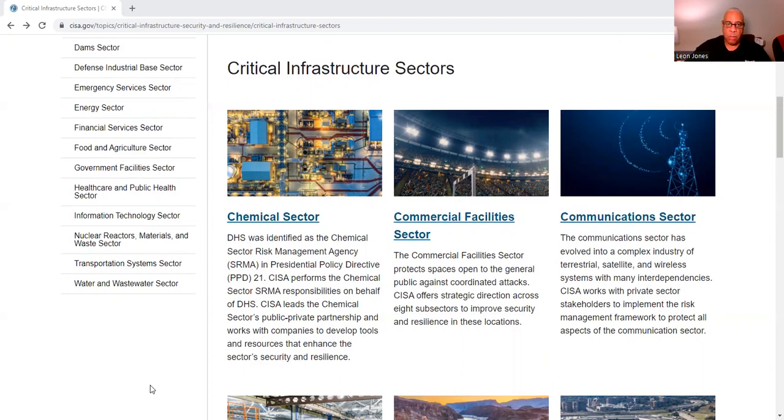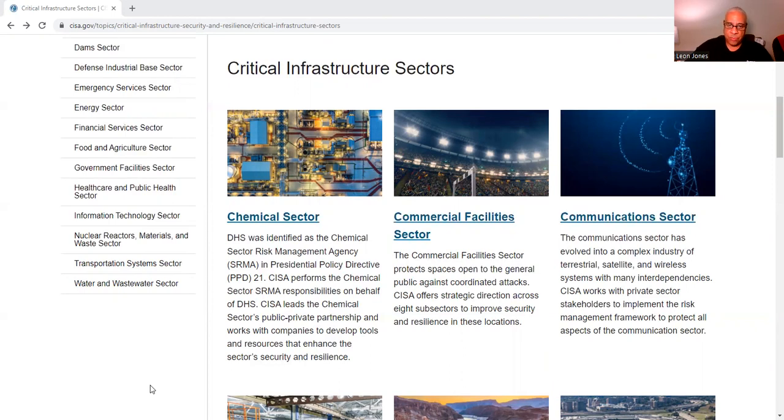CISA performs the chemical sector SRMA responsibilities on behalf of DHS. CISA leads the chemical sector's public-private partnership and works with companies to develop tools and resources to enhance the security